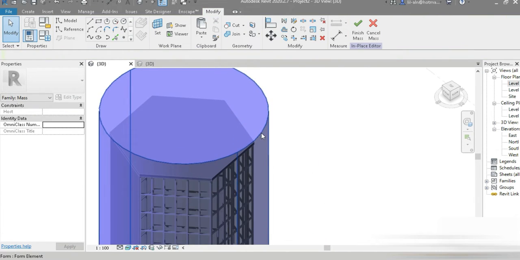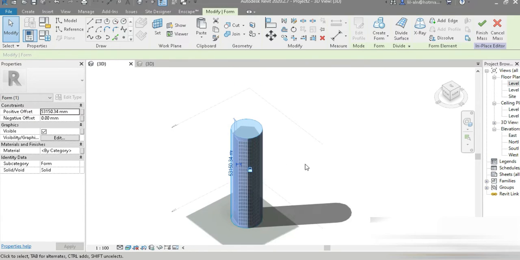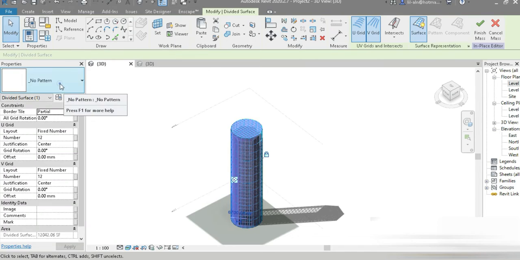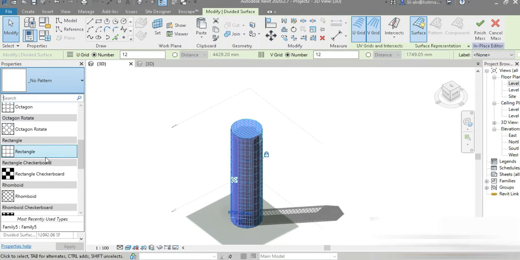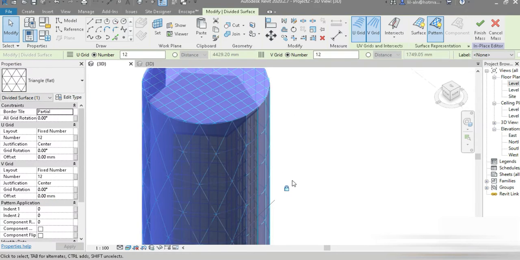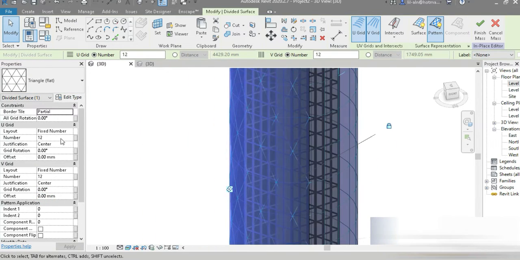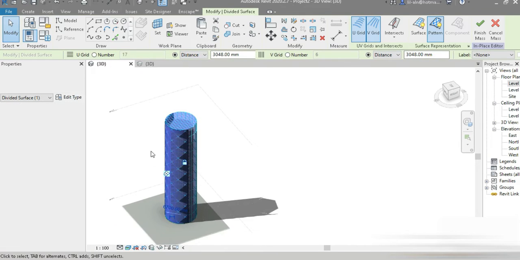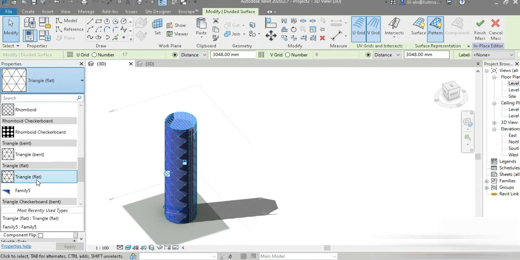Here you go, check this out. I've selected that. Now divide the face, and let's convert the pattern into a triangle, not a rectangle. Why am I confusing these shapes? So now a rectangle, and the fixed distance of this is going to be 3048, and the fixed distance of this again is going to be 3048. Perfect. Check this out, we have pasted it, and this is the triangle, and this is